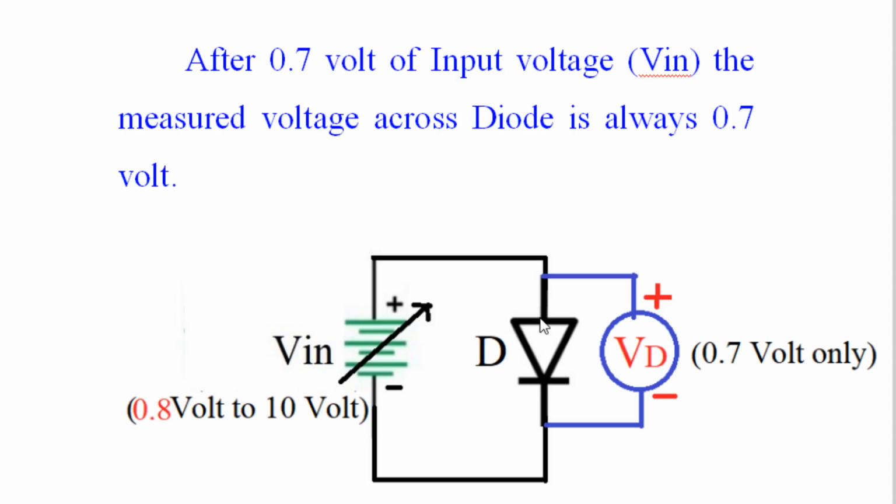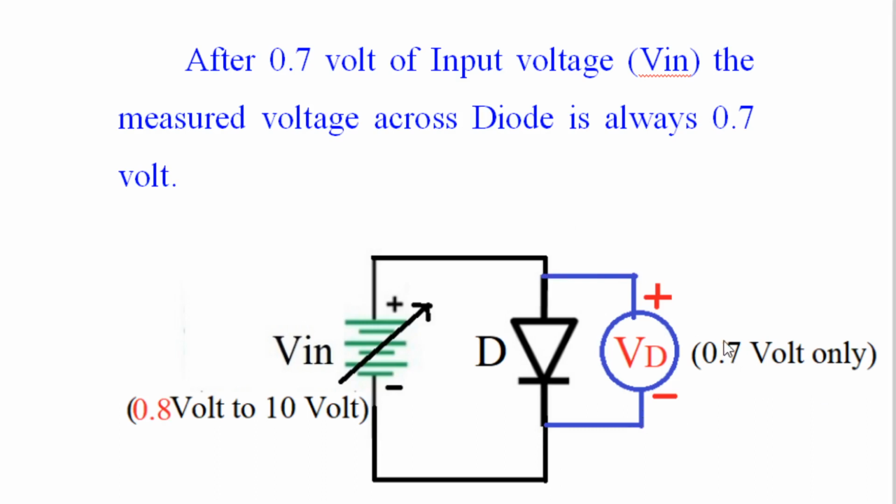Then the question comes here, how is this voltage plus 0.7 volt? Because the barrier potential is minus at the anode and plus at the cathode. But remember, this voltage is greater than the barrier potential. Therefore, the measured voltage will be positive, that is plus 0.7 volt, because the negative of the barrier potential comes to the positive of this battery, which is higher in magnitude than the barrier potential. Therefore, this will become plus and this will become minus, and it will be 0.7 volt.